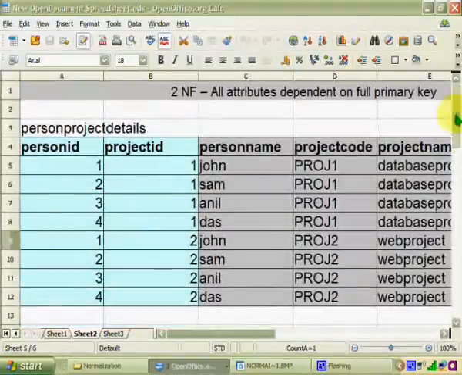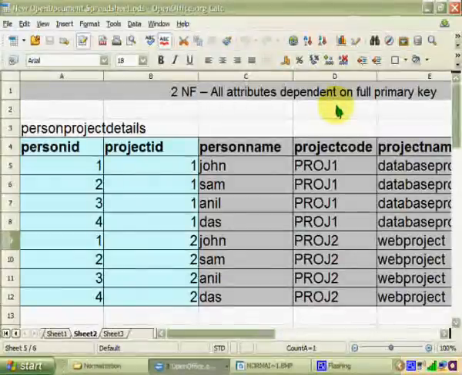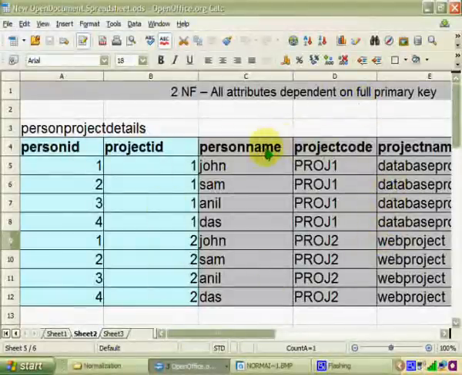So the second normal form states that all attributes should depend on the full primary key and not on parts of it. In order to conform to this normal form, we may need to split the table, and then we just have to see what information we are storing. It usually happens when we are trying to store multiple different types of information, and here we are storing person information, project information, and the person-project relationship information. So by splitting them into 3 different tables, we were able to conform to this normal form.